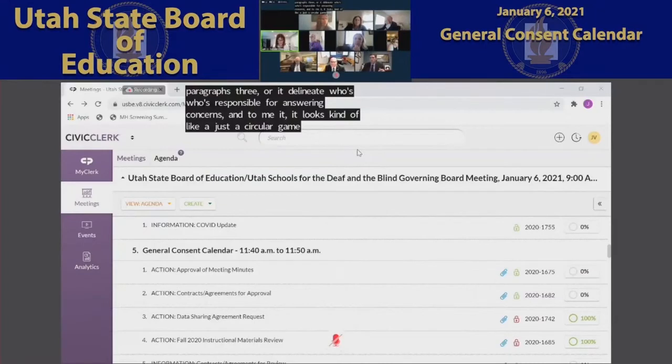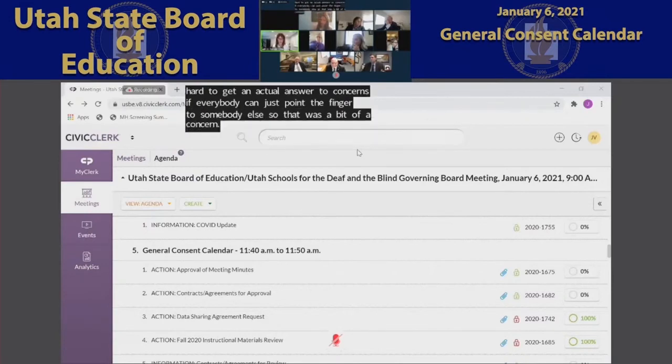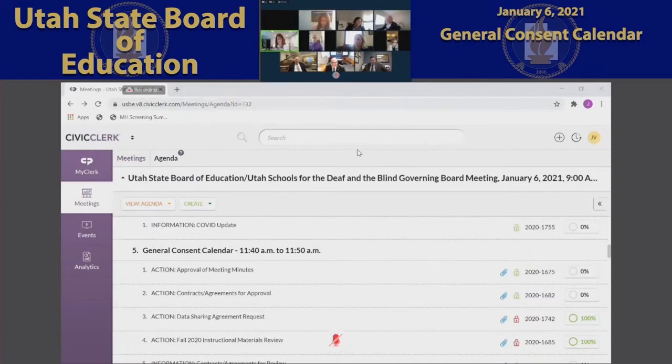So that was a bit of a concern. Also, it talks about private daycare in here, which I'm assuming all childcare, maybe other than a government-funded Head Start type program, are private. And as a private entity, I wonder if parents that sign their children up for these daycares or childcare facilities realize what they're signing up for, that their children will be subject to all of this data collection